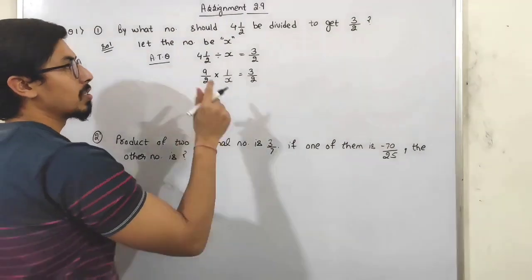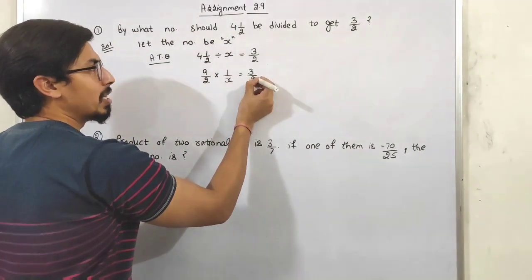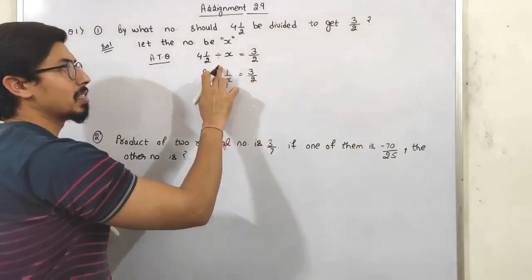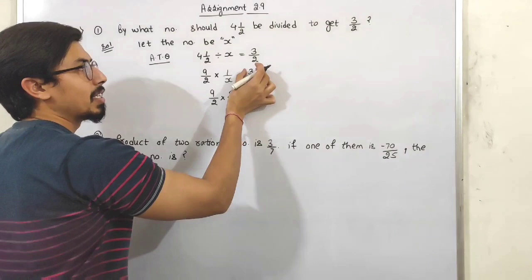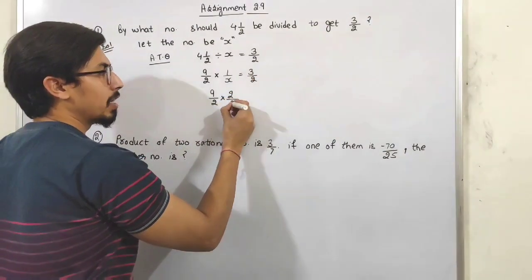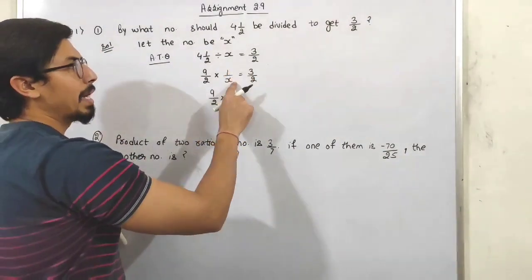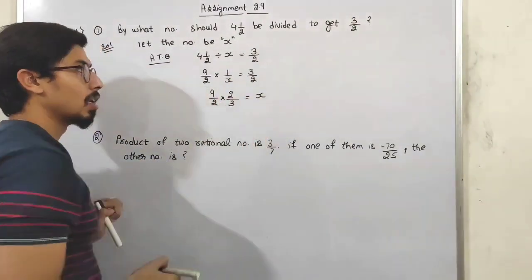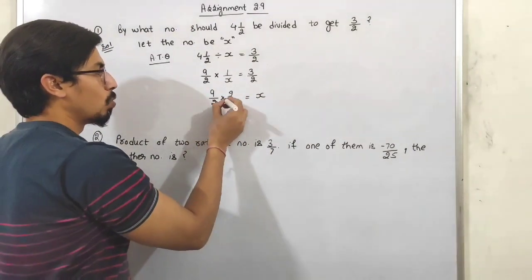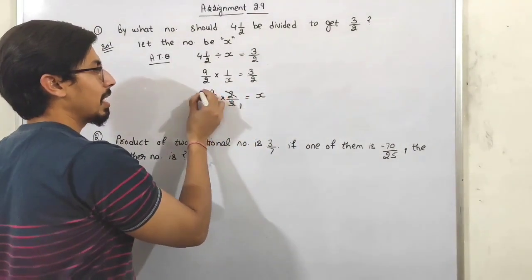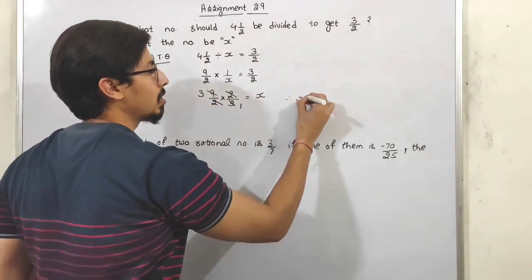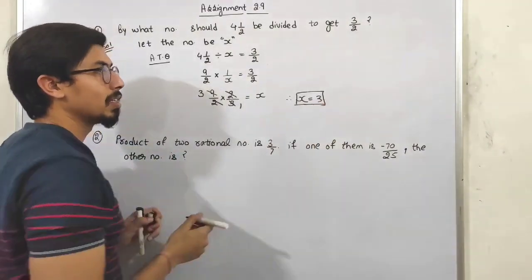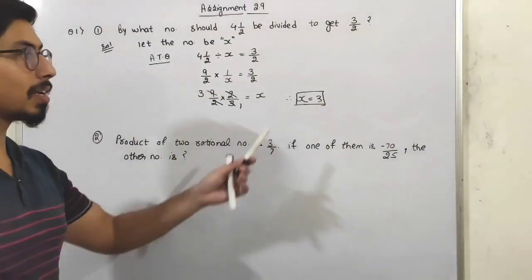Okay, students. Now 2 here is in division, so 9/2 as it is, multiplied by 1 by x. I take this 2 and write it here. Here 3, when it comes here, it will be here. X is in division, so when it goes here, it will be this. So 2 ones are 2, 3 ones are 3, 3 threes are 9. So x is 3. Our required number is 3.